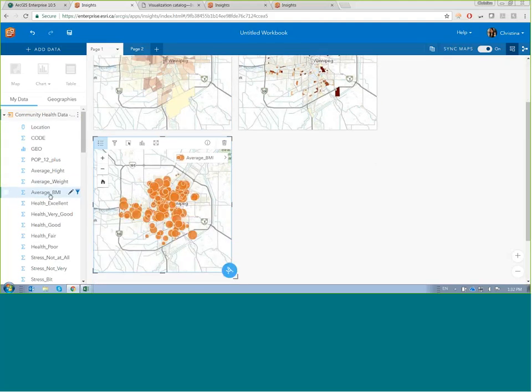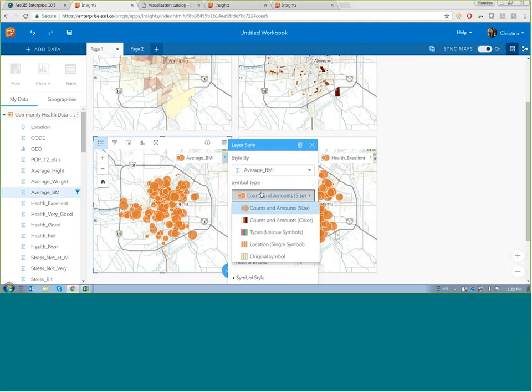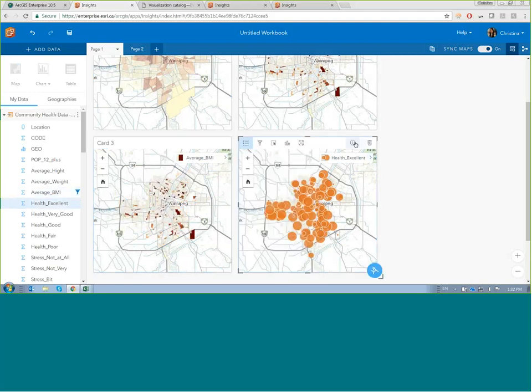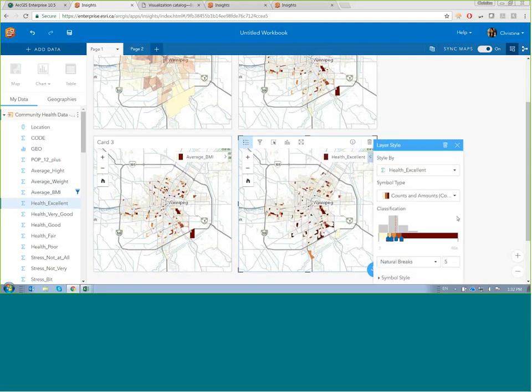So what I have is average BMI. I'm going to have another layer, which is health excellent. So health excellent means how many people in this community have reported to have excellent health. I'm going to change the symbol type again. So in legend, you can hide or show your legend, and then you can always change your symbol types in here too. And you can also have